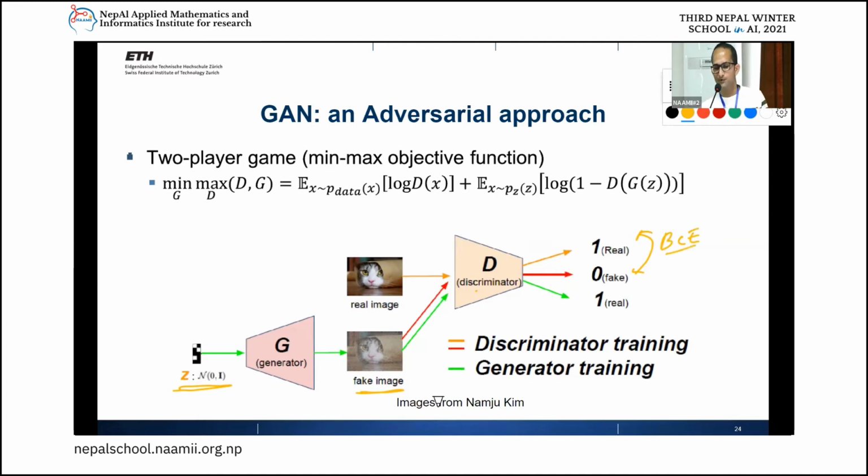So the way you can think is that you forget about this thing for the time being. Assume there is no generator, but somehow there is a fake image, and just train a discriminator that does nothing more than binary classification. You have already done some classification examples, right? Image classification into MNIST classes. So if you are given a bunch of real images and a bunch of fake images, you just have to train a classifier that classifies real or fake. Once that's been trained,